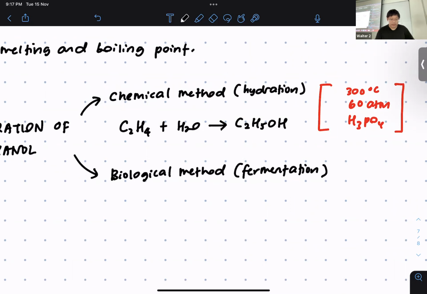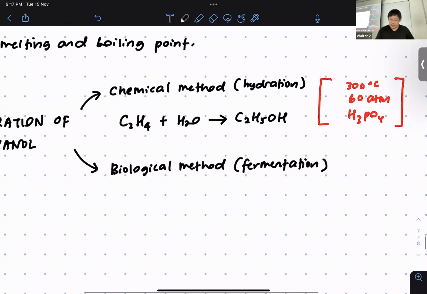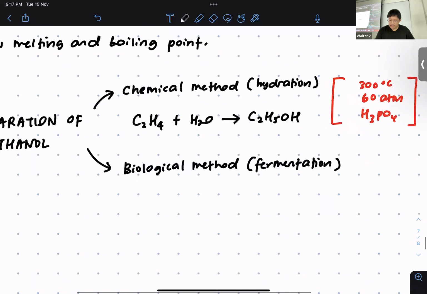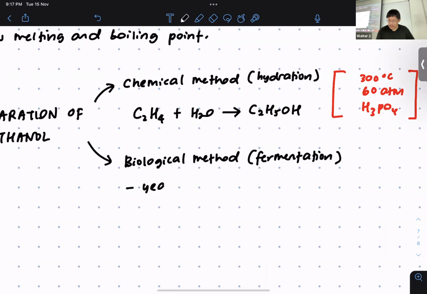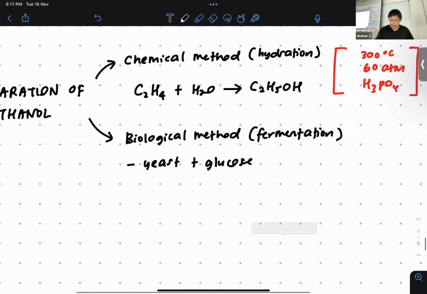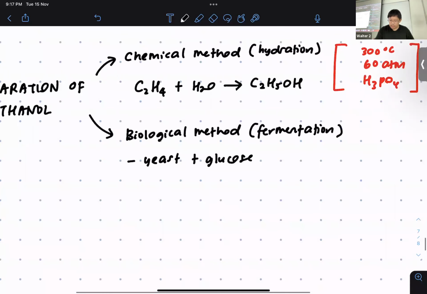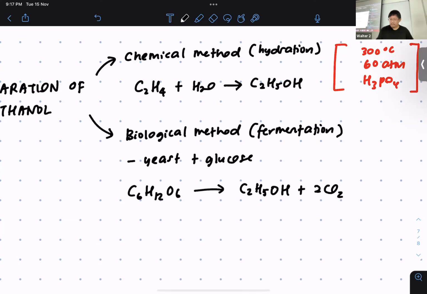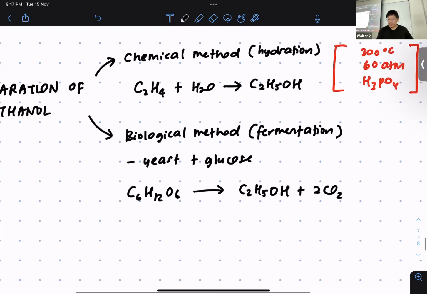And the next one is fermentation. For a fermentation process, you need yeast and glucose. So what happened here is that the glucose will be used by the yeast. It is converted into alcohol. Okay, it is converted into ethanol